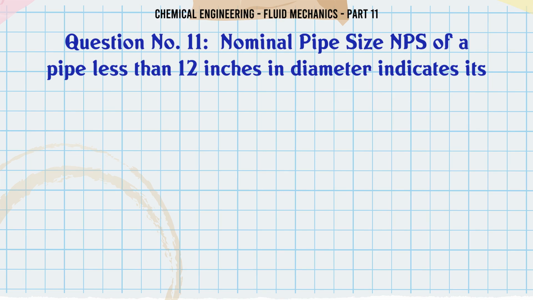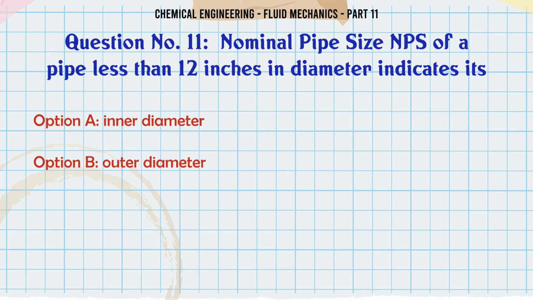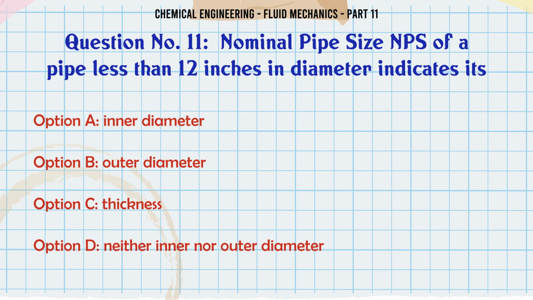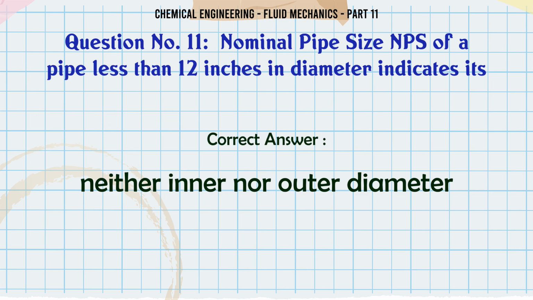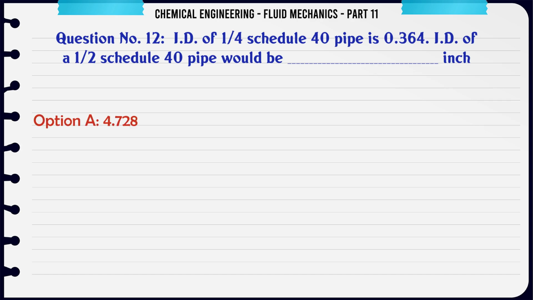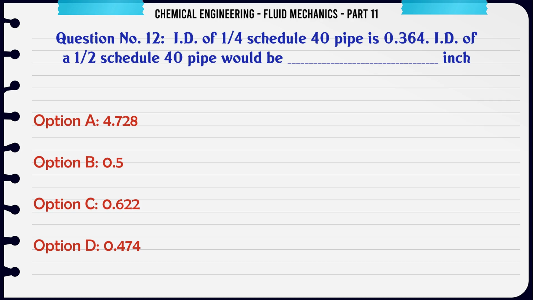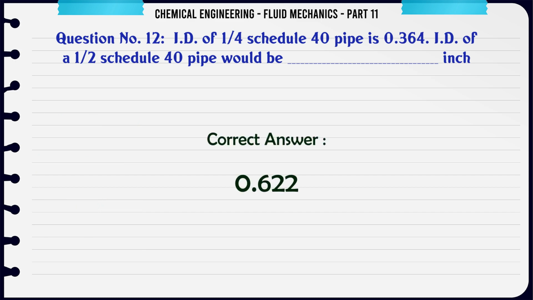Nominal pipe size NPS of a pipe less than 12 inches in diameter indicates its: A. Inner diameter, B. Outer diameter, C. Thickness, D. Neither inner nor outer diameter. The correct answer is neither inner nor outer diameter. ID of 1/4 Schedule 40 pipe is 0.364. ID of a 1/2 Schedule 40 pipe would be inch: A. 4.728, B. 0.5, C. 0.622, D. 0.474. The correct answer is